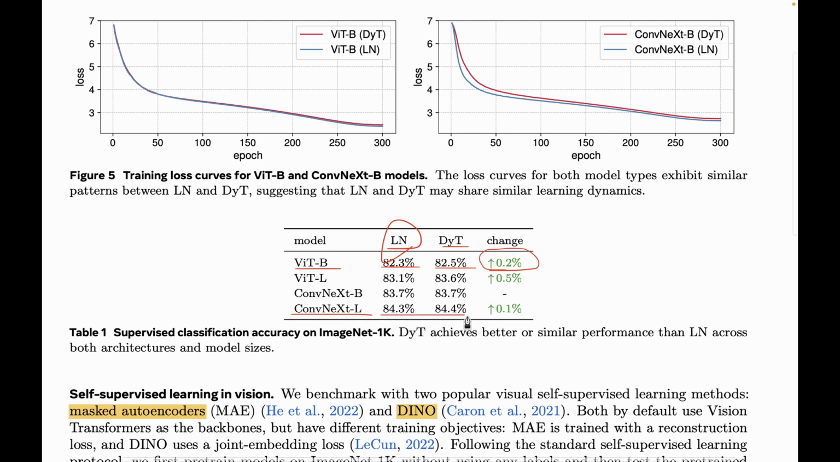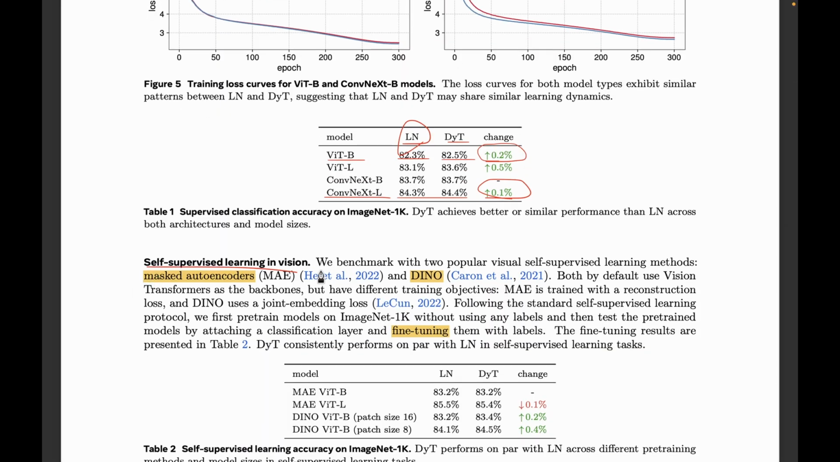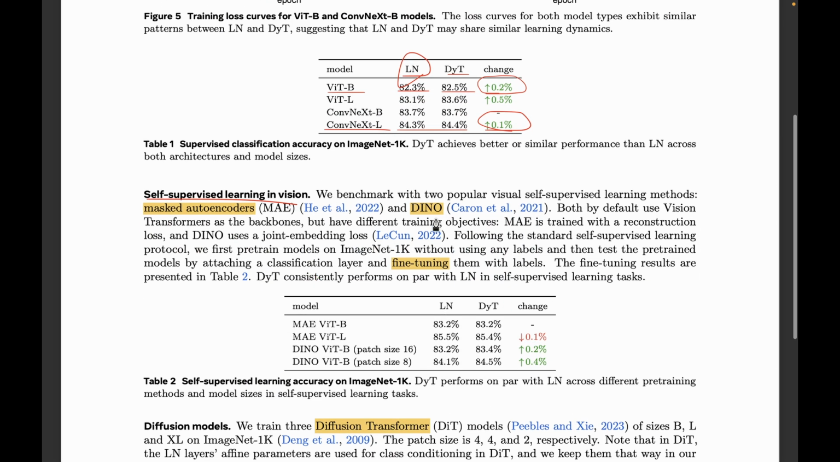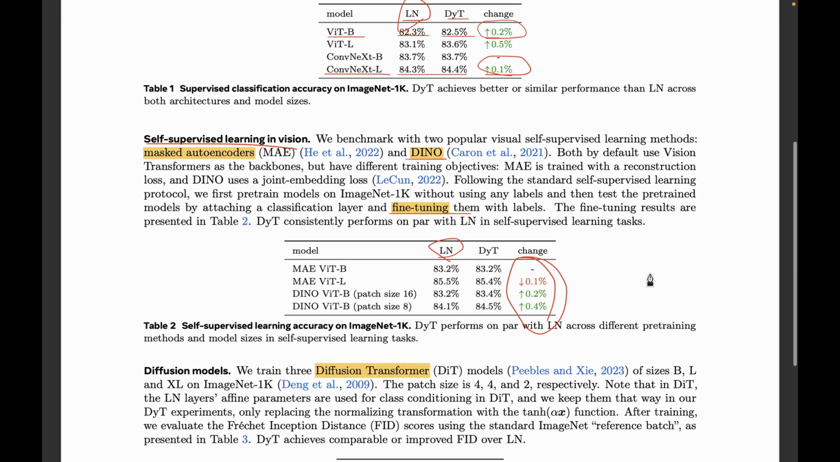We can see that we are either matching or improving in terms of accuracy with the dynamic tanh. They also experimented with self-supervised learning in terms of vision, and they used the DINO model for it. They fine-tuned it instead of training from scratch. They also observe that the performance either sticks to that of layer normalization, or we notice a slight improvement in